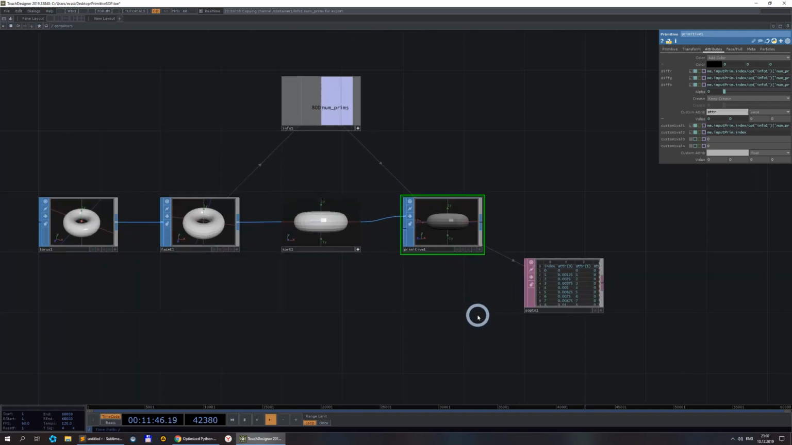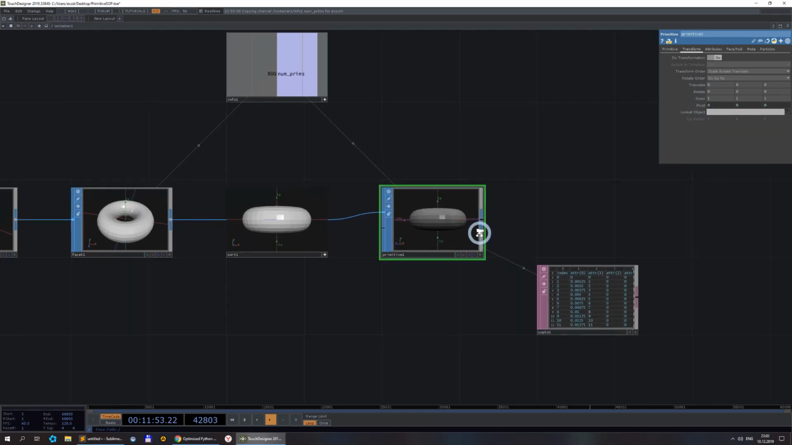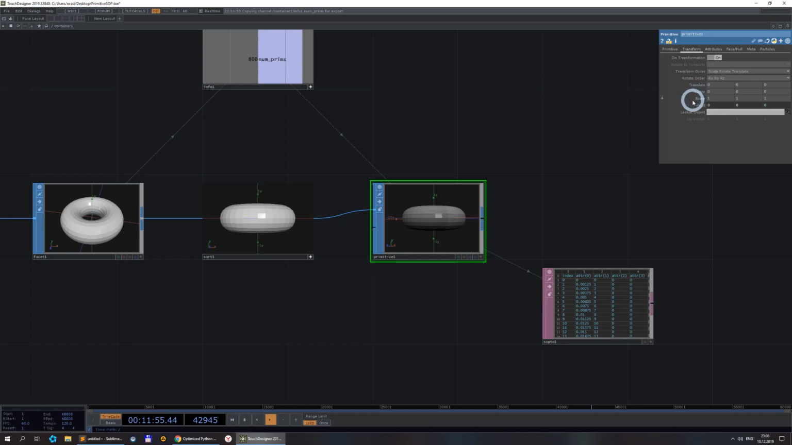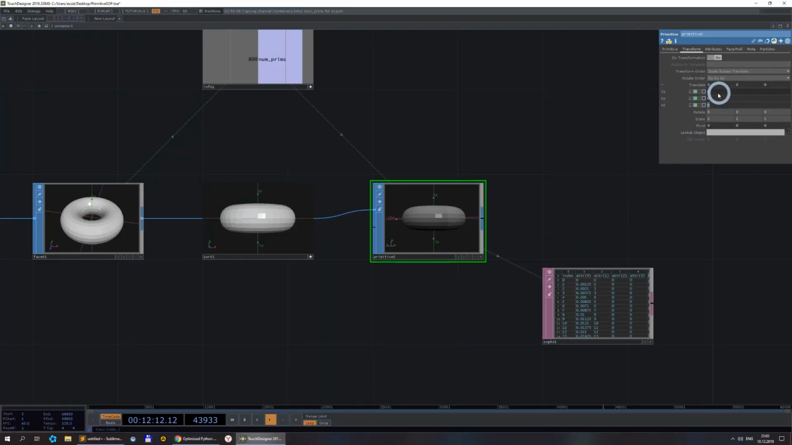Okay, what can we do? Well, let's do some transformations. Let's do translations first. What we have? For example, we have primitive normals and primitive directions. Let's take a direction, for example, and translate it in a direction,